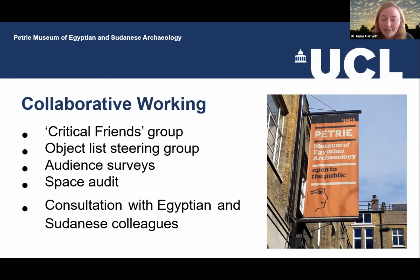And this is us aiming to fulfill our ethical responsibility to deal with provocative and complex issues in a transparent way. But it's also absolutely best practice. This is how any display really, but particularly those around colonial collections with colonial histories, this is absolutely how they should be approached. So for example, the development of the object list, the different themes and the choice of characters were guided by various stakeholder groups, including UCL students and staff. We also had an external partner group, a critical friends group,